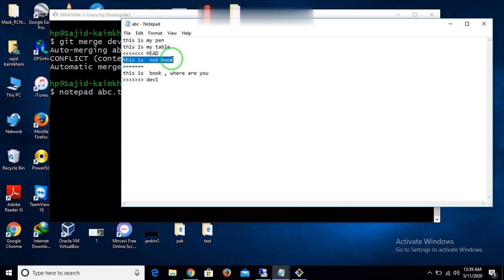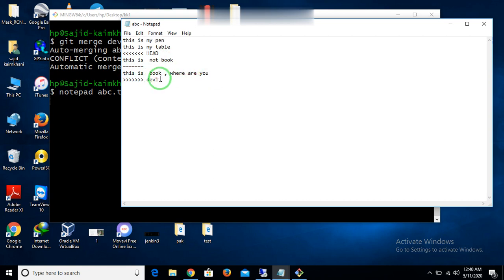One thing you have to remember: in our staging area, whenever we add tracking to any file, it reads our file one line at a time. So if there is any change in a line, it will note it and notify you about that. So here we have a change in our file: the master change is in the line this is not my book, and the developer changed it to this is my book, where are you.